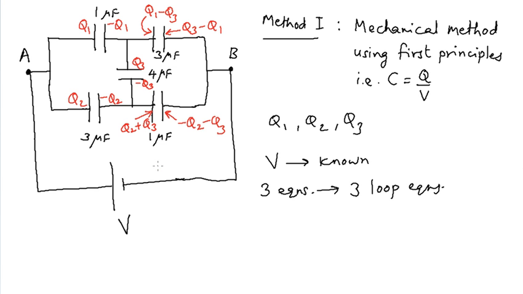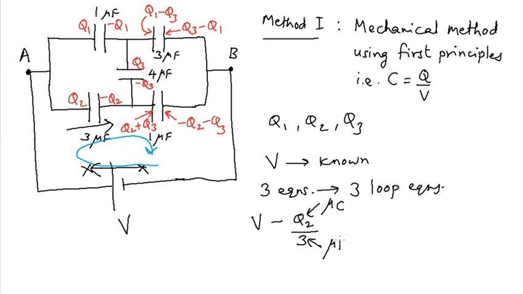So for example, if we travel in this lowermost loop in the clockwise direction like that, then the total potential difference that we get when we travel through the entire loop must be equal to 0. So the equation of course becomes V, which is the potential difference when we travel from this point to this point, plus when we go across this capacitor, the potential difference is going to be minus Q2 divided by 3 microfarads. Of course Q2 here I am assuming to be in microcoulombs, 3 is in microfarads, so overall Q2 by 3 will be in volts.